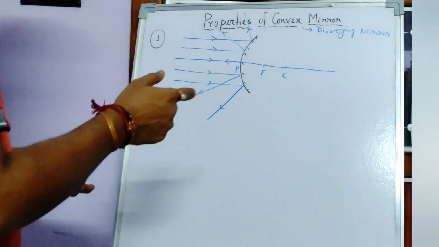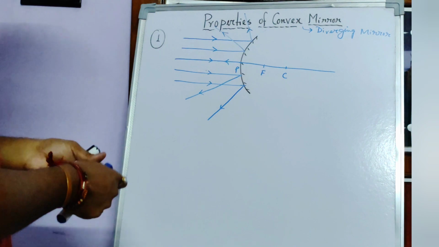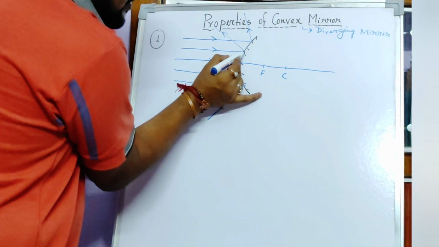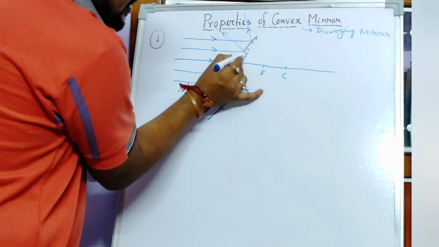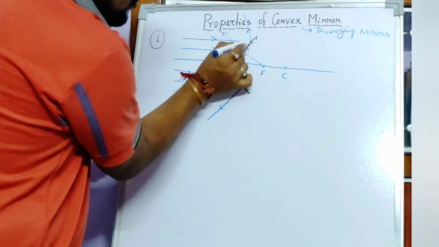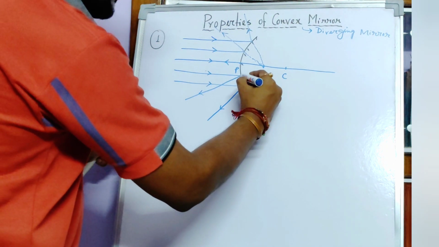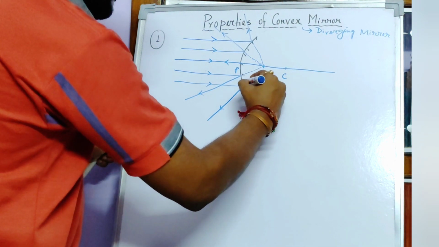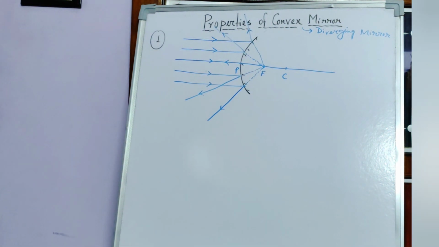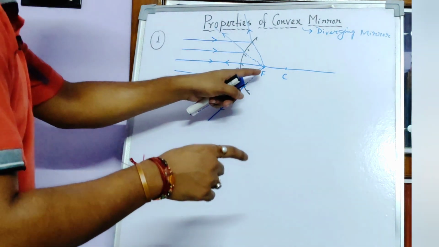Now how will they meet? If they are spreading away, how will they meet? They can meet only if we extend the reflected rays backward. So if you extend it backward, by extension only they are meeting at focus. So this extension of the reflected ray is coming and meeting at focus. They are meeting at focus means if we do the back trace of the light rays, reflected rays especially, they will be meeting at focus. They are not actually meeting, they appear to meet.